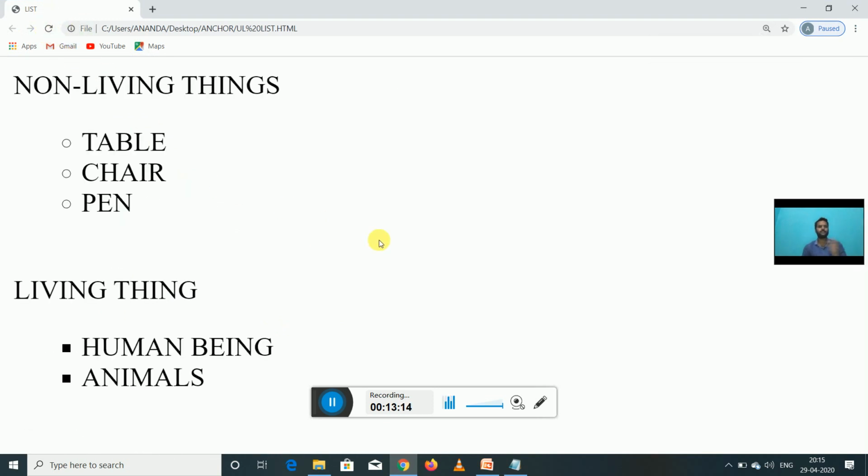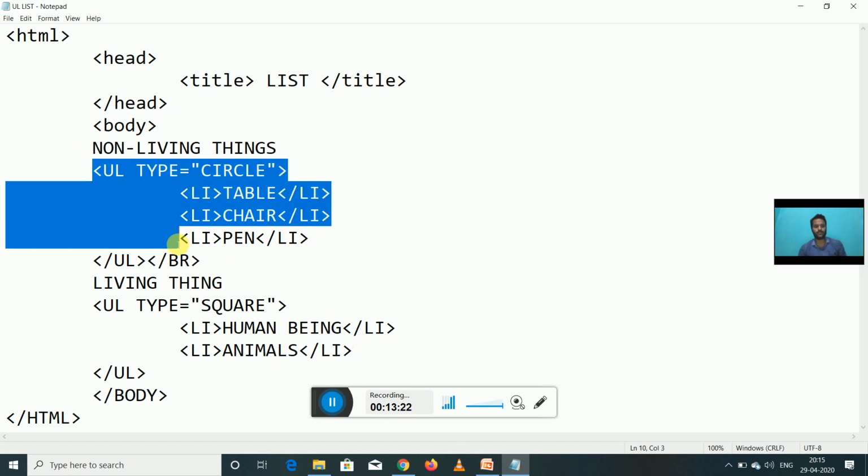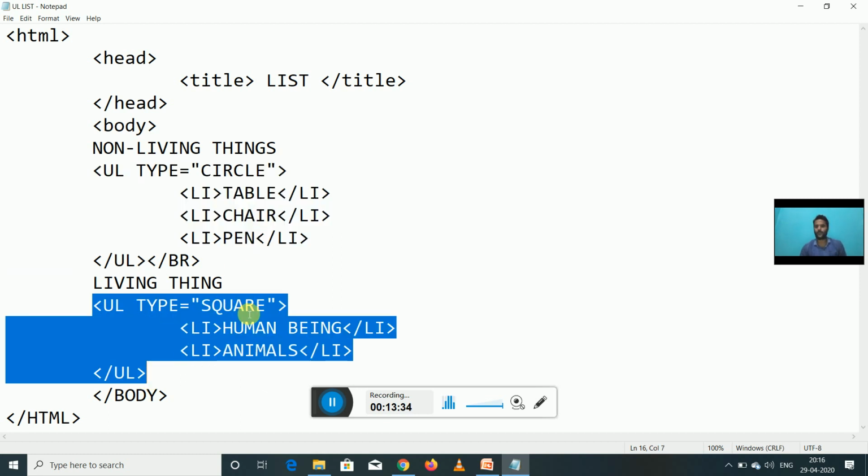Non-living things: table, chair, pen. Living things: human being and animals. Here I have used two ul tags. One is for non-living things, whose bullet type is circle, and another is the ul tag of square, whose bullet type is square.